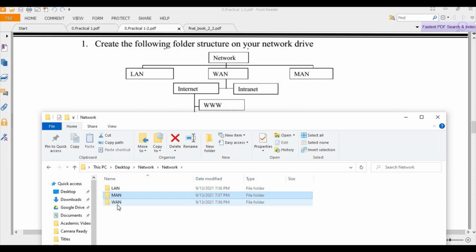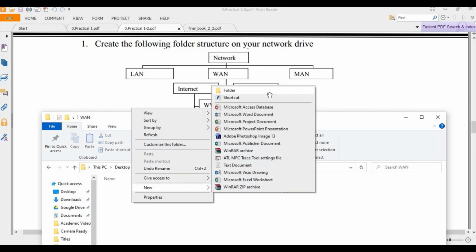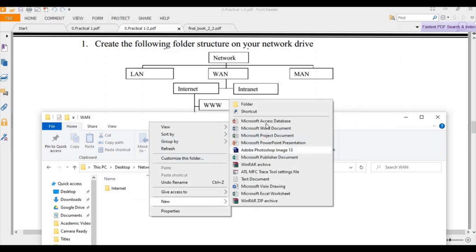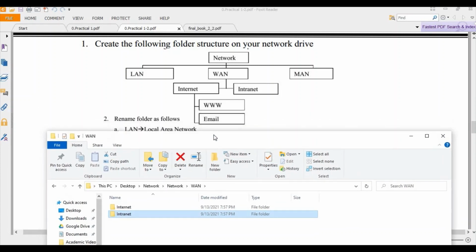Inside the WAN, new folder, internet, intranet. I want to go back.